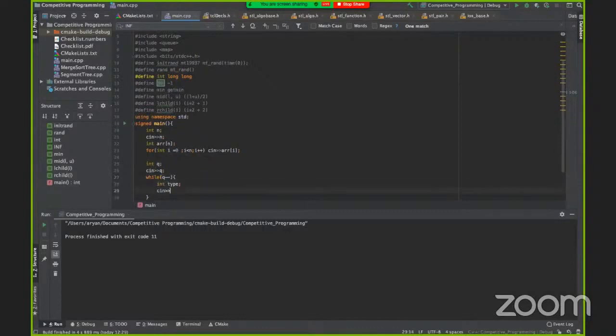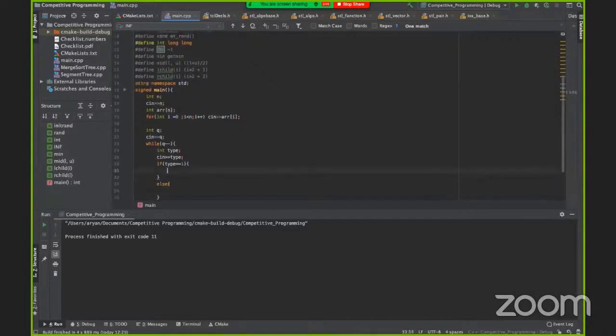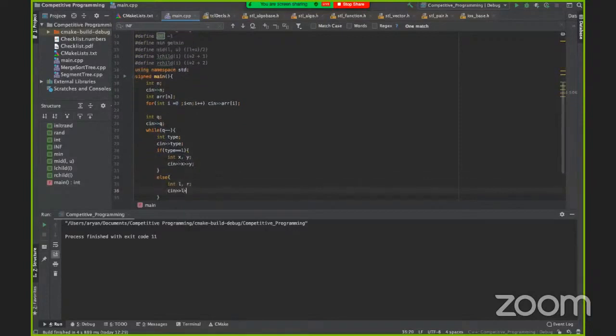First we input the type of query. If the type is equal to 1, then we need to take an x and y. Otherwise, we need to take an L and R. In the type 1 query, we simply need to modify the xth element of the array.